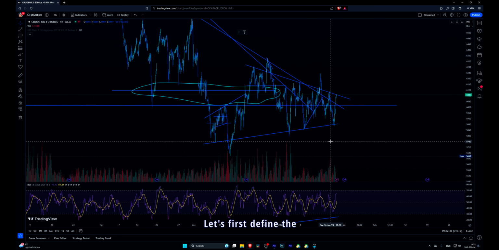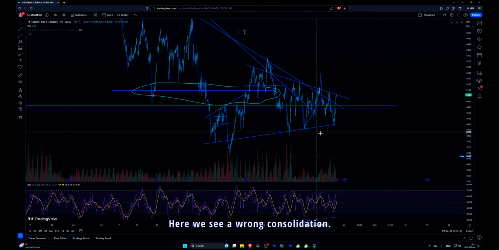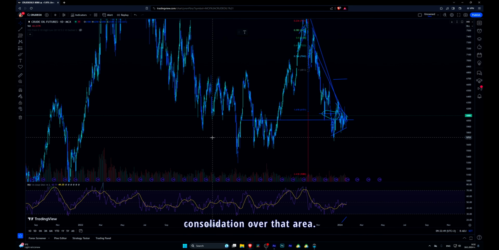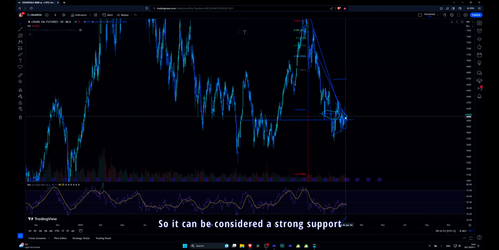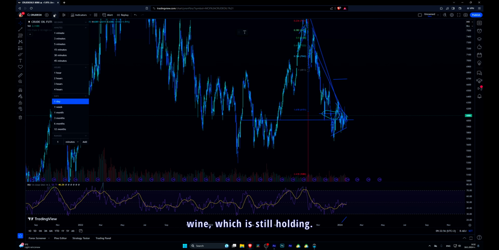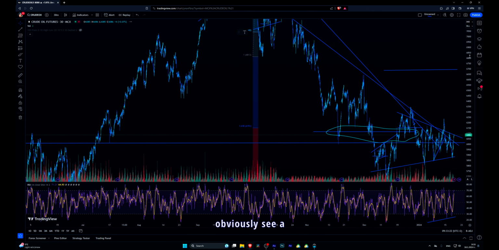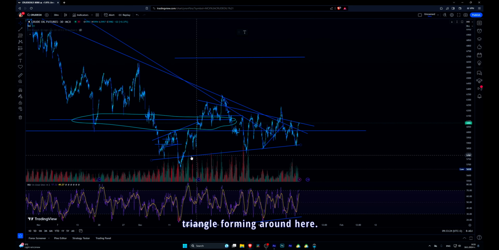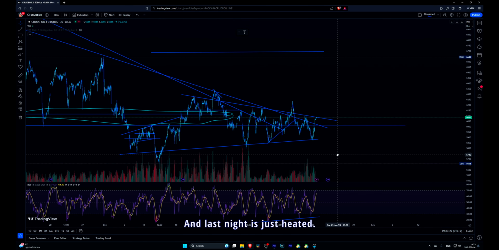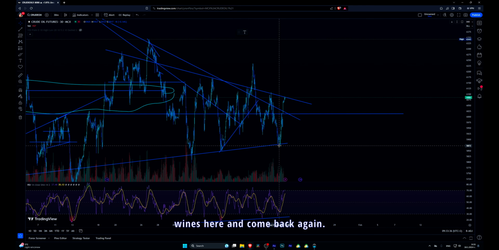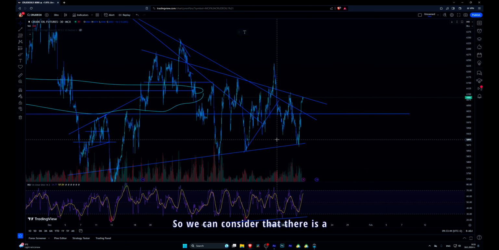Let's first define the main trend direction. Here we see a long consolidation, and if we click on daily graph we see that it's really a long consolidation over that area, so it can be considered a strong support line which is still holding. At the same time we see a triangle. If we go back to 30-minute graph, we obviously see a triangle forming around here, and last night it just hit one of the worst possible lines here and came back again,